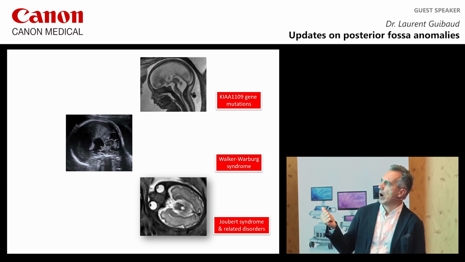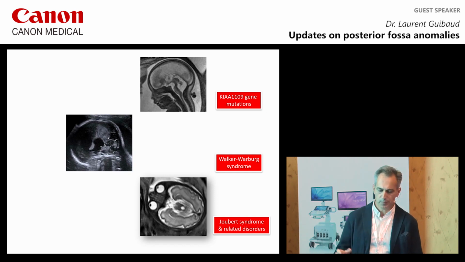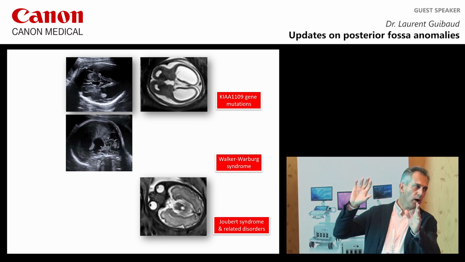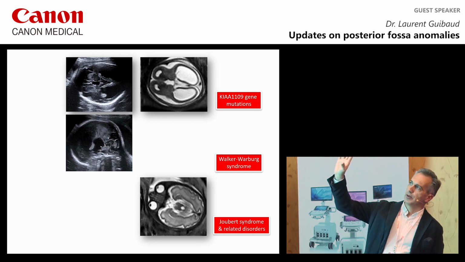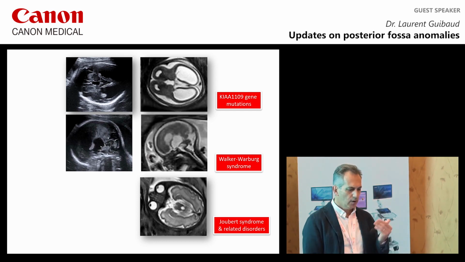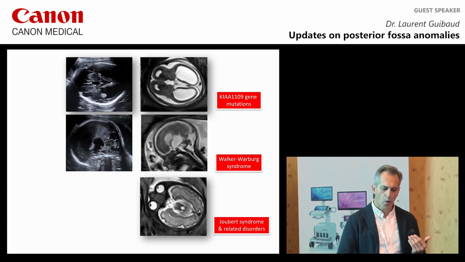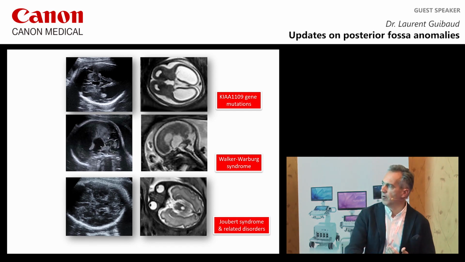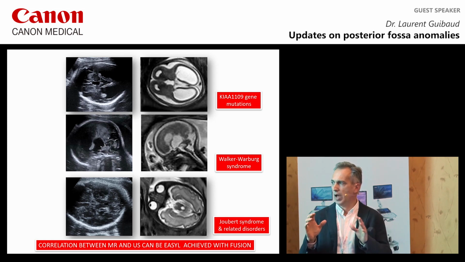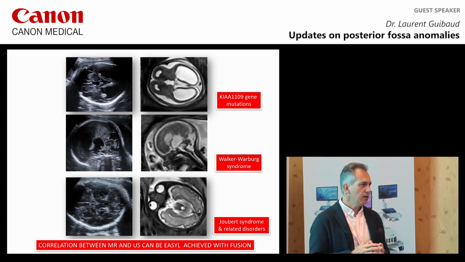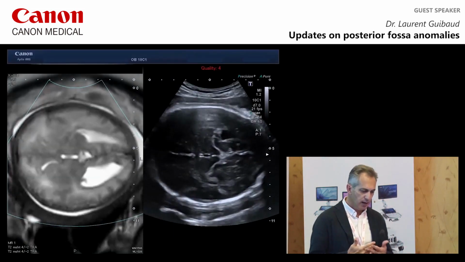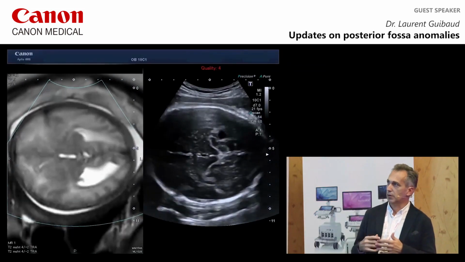So I show you 3 entities. The new genes, Walker-Warburg syndrome, and Joubert syndrome. And as you can see here, you have perfect correlations between the sonographic findings and the MR findings for the new genes, for Walker-Warburg, and also for Joubert syndrome. So these correlations between MR and ultrasound can be easily achieved with fusions, as here, this is the most frequent